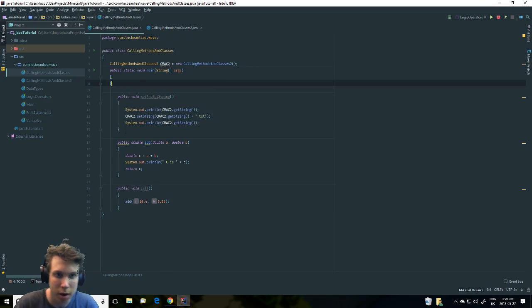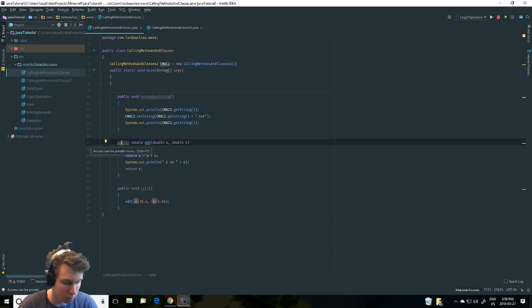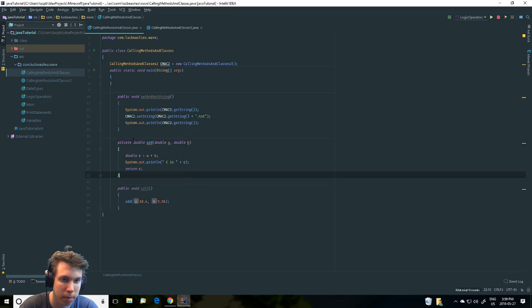So the first thing you want to know is how to call a method. You can see I've made a quick method right here. It's called add. It can be private. Private double add. Now, I could have put void here like I did here, but what double means is that it has to return a double value. And as you can see, I add and then I put in two